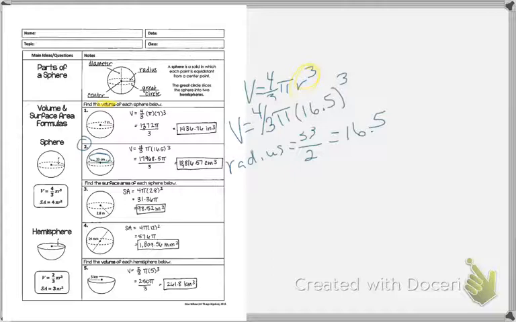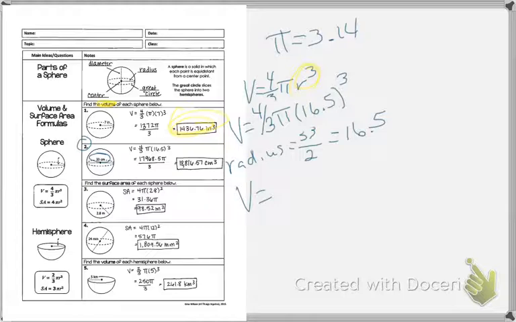Again, if you don't have a scientific calculator, you can just use 3.14 for now. If that were the case for this problem, I'm going to tell you what your answer should be. This is using a scientific calculator, but if you were not to use a scientific calculator and just use a regular